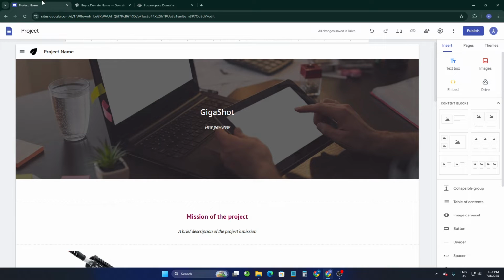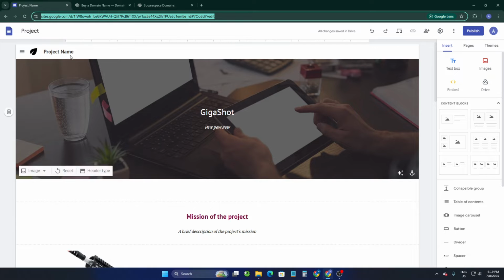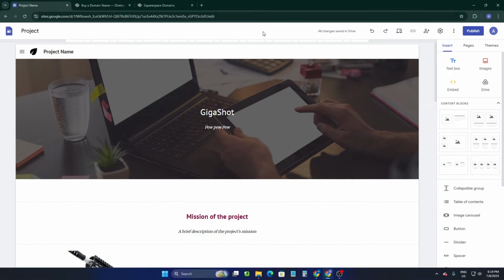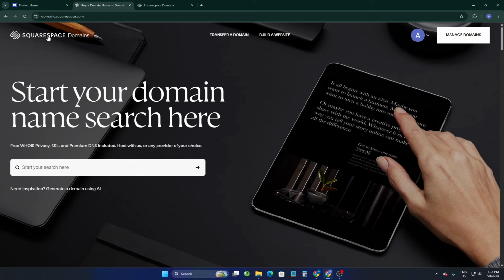So first, you have to go to your site. Here you can see I'm on my Google Sites, where the domain, you can see, is a random domain from Google that is not verified here. So what you can do is first go to